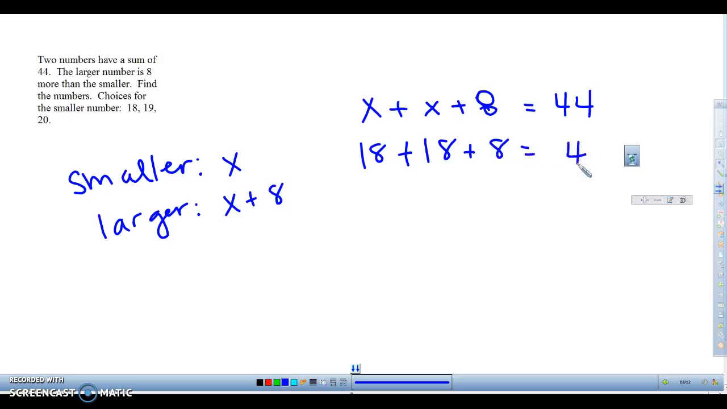I find out that works. Woohoo! I'm not going to try them because I'm running out of time. You should try all the other ones. That's my smaller number. What's my larger number? Well, I would plug 18 into my larger number. 18 plus 8 gives me